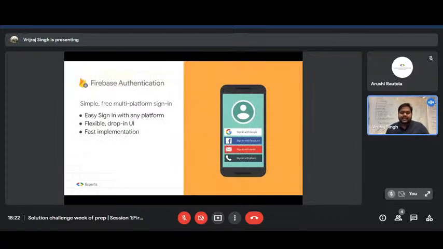So the first one is Firebase Authentication. Let's say, in general terms, I want to implement authentication features in my web application. What I do is, we have a database, and we have front end logic. First we check whether the email ID and the password exist in our database. If they match, then we can pass the user to the dashboard. But it is a very challenging task to make that application more secure. So Firebase is providing a set of functions as authentication services. You just need to call those particular functions, and then you can easily authenticate your users in your applications.